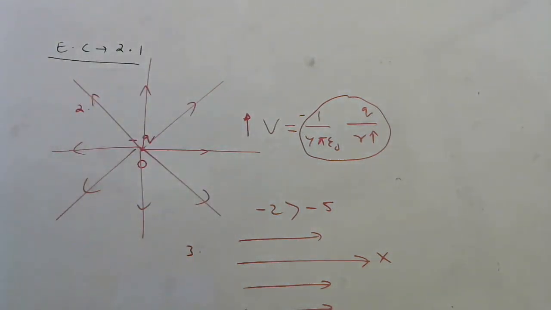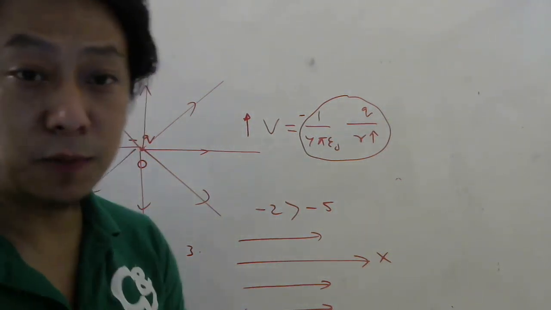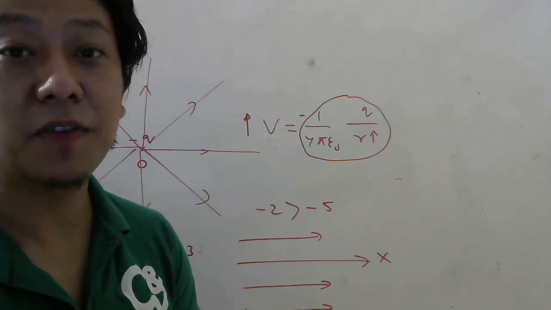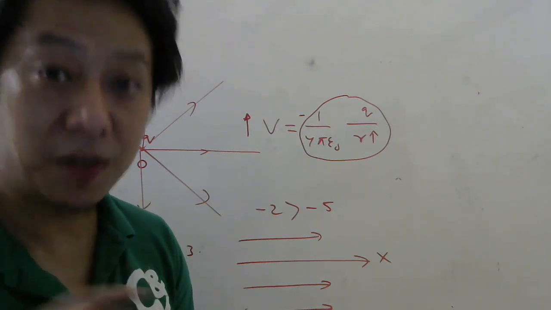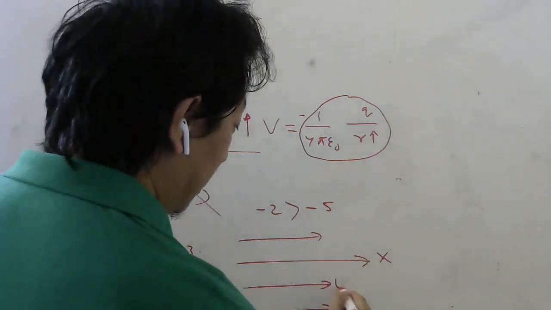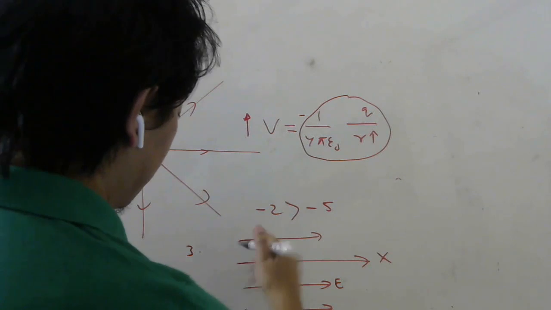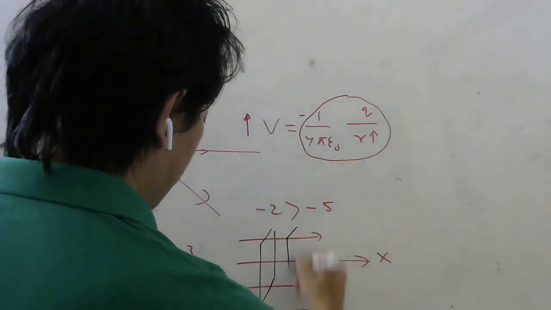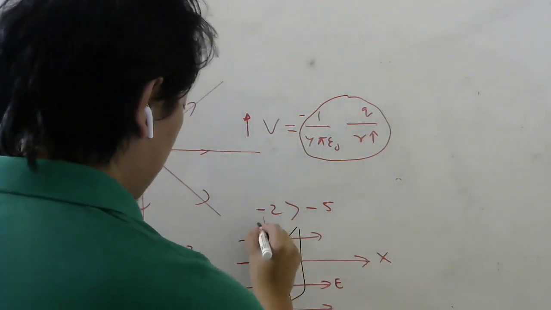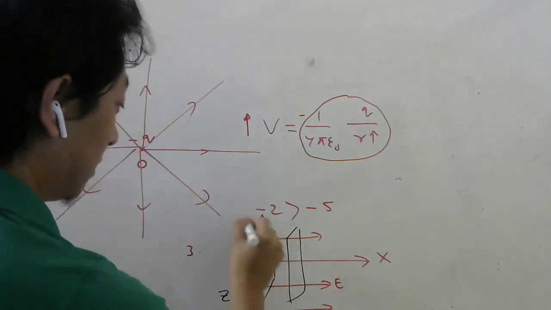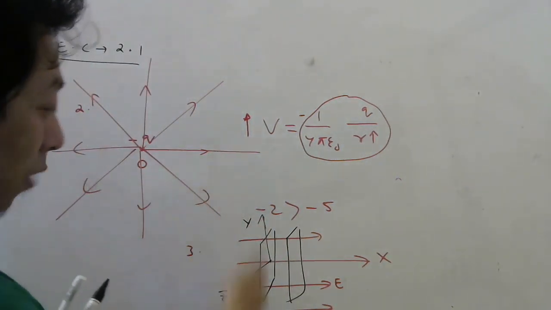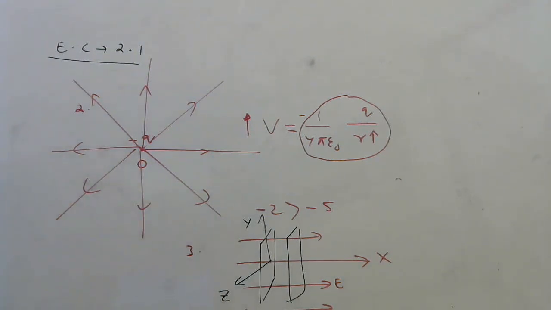The question they are asking is, then the equipotential surface must be in which plane? What is the relation between equipotential surface and electric field lines? They are always perpendicular. So if these are uniform electric field lines, your equipotential surface must be like this, perpendicular. So which plane will it be? If this is x, this will be y, this will be z. Yes or no, students? So the plane will be your YZ plane. Which is the right answer? YZ plane is option B.